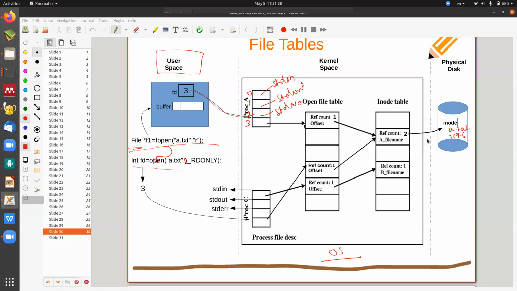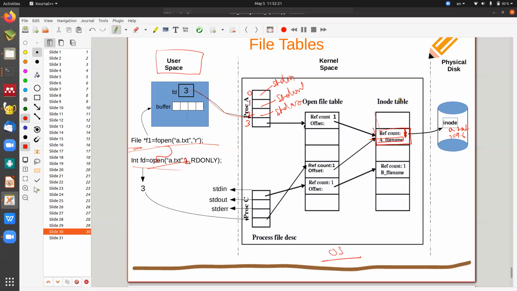Because our hash is present where? Here. Then how is it going to read it here? The moment you open this file, if this file has not already been opened, then the operating system maintains a table called the inode table. Did you understand what it will do? Suppose nobody has opened a.txt before, then what does it have to do? It has to make an entry here. What entry will it make? It writes that the file name is this and the reference count is 1. How many have referred to it now? How many processes? One. Where did it make the entry?